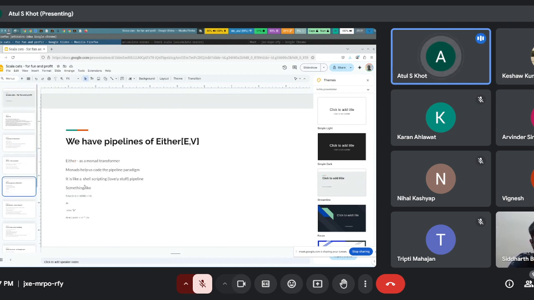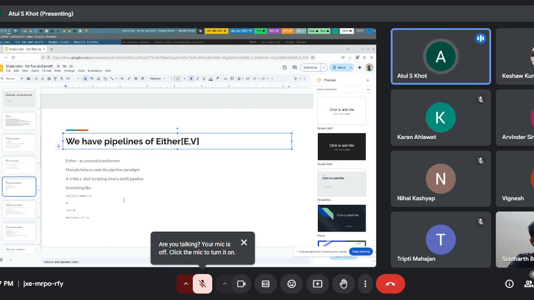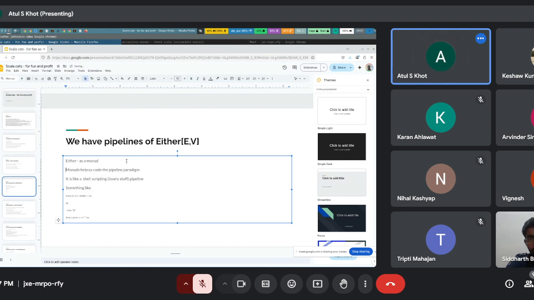The second thing is our code, right? As any code before Zio and cats effect became popular, we had eithers. Even Zio has a lot of eithers, right? So you have eithers of errors and values. Either is, sorry, it's a monad. It's not a monad transformer. It's a monad, and it allows me to do a pipeline. It's like shell scripting: I can write a pipe and pipe one output into the input of another, pipes and filters, right? So something like for